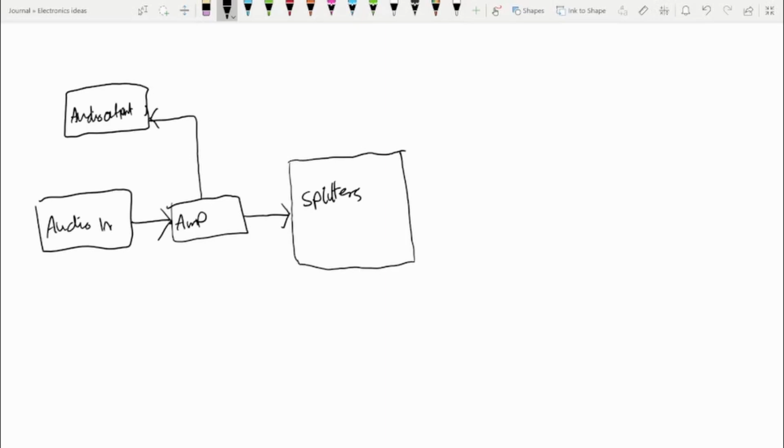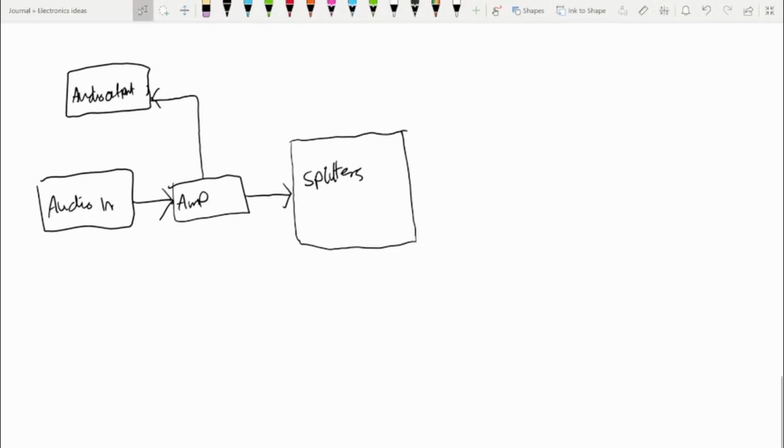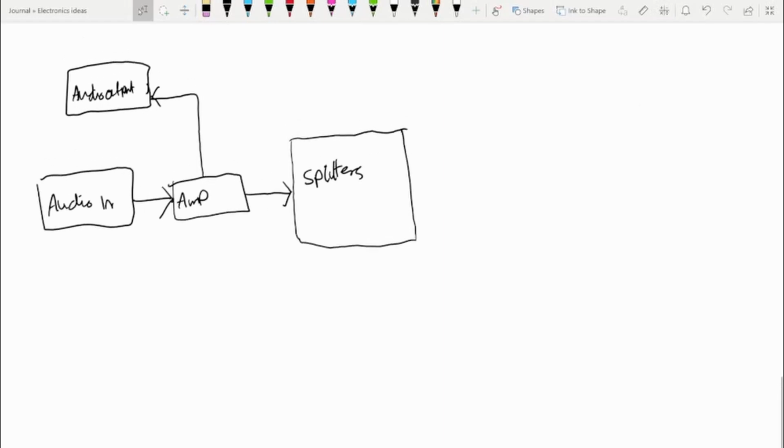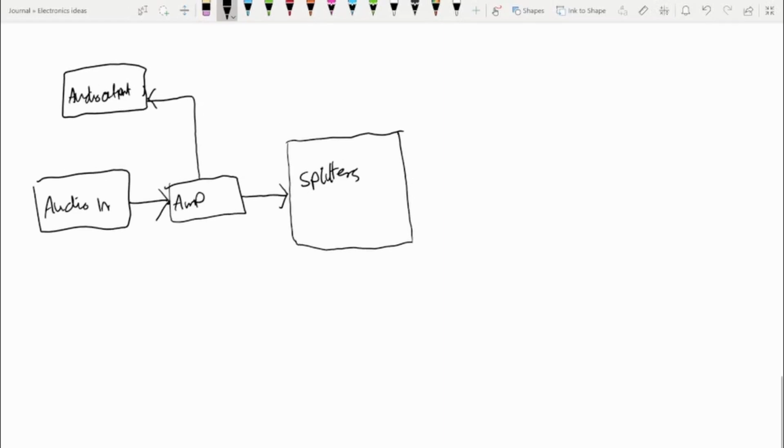So what these are doing is taking the audio input and splitting it into its frequency bands through some passive filters. This is going to create 7 outputs of different frequency bands, and then they're going to go into, I guess, what's technically an